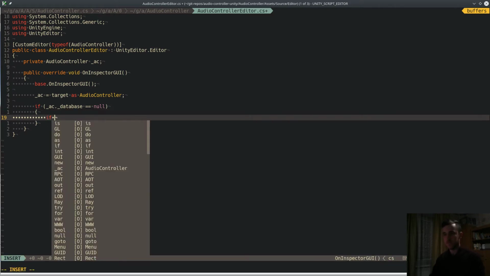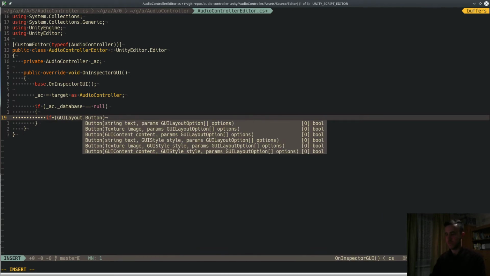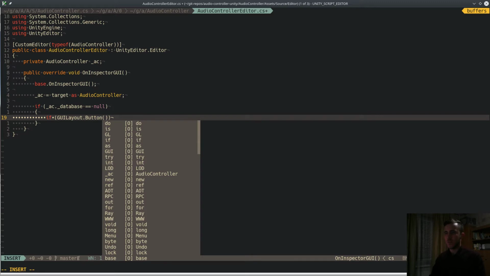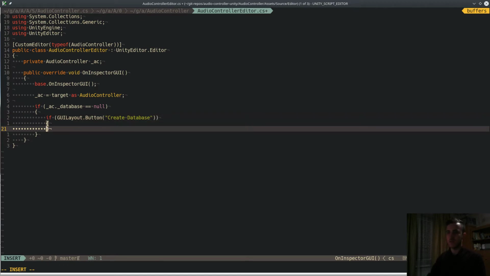So we have our button here. Let's give it a label that will be "Create", and that should be enough. Now if we press that button, we need to create our asset,